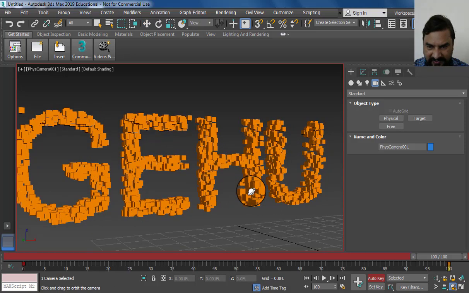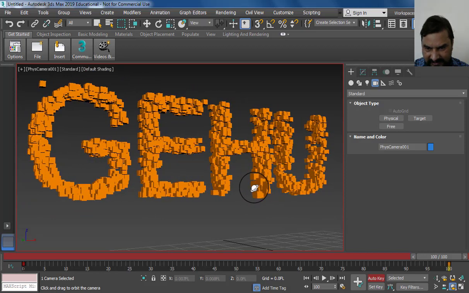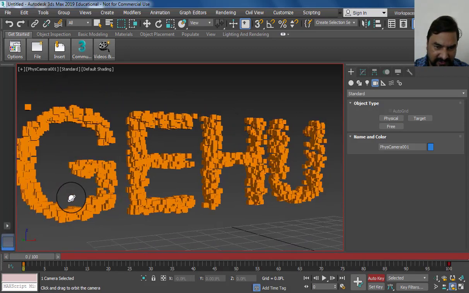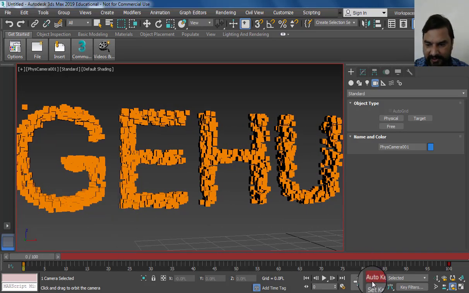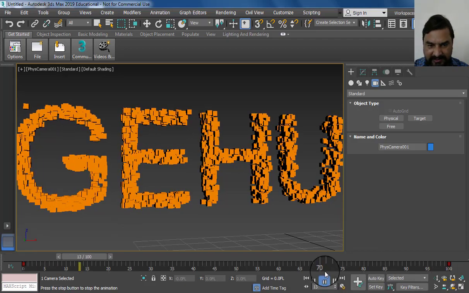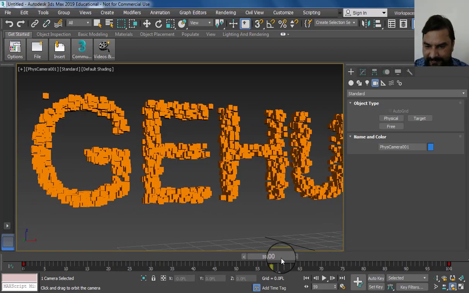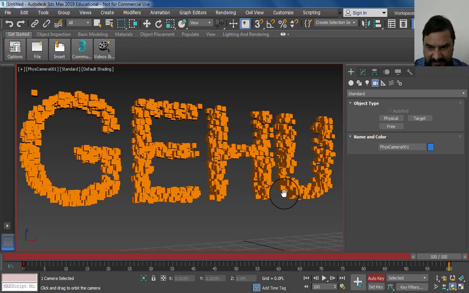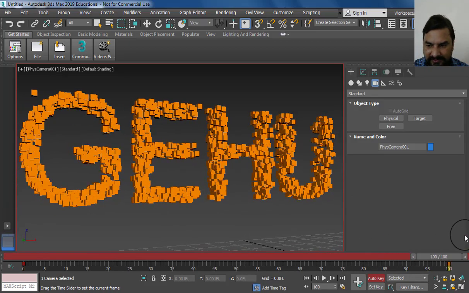A little bit we can move it, look at this. Now our camera movement is like this. Go to the end frame on the camera and place it accordingly. Now our camera simply looks like this.